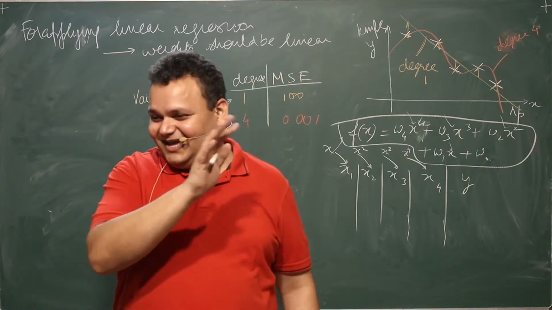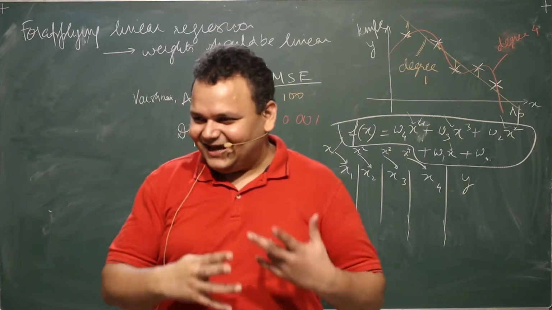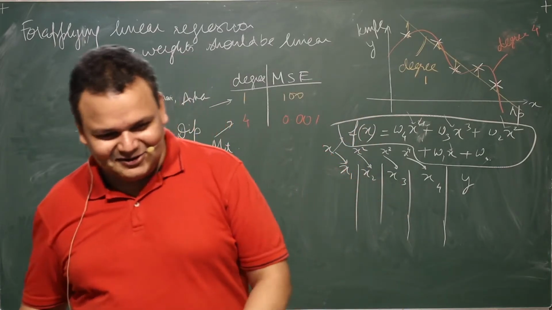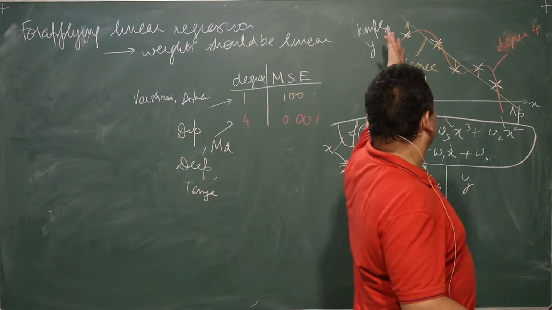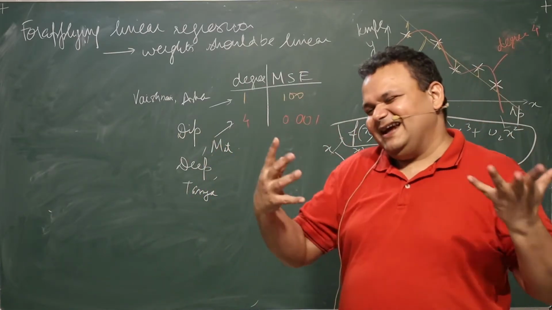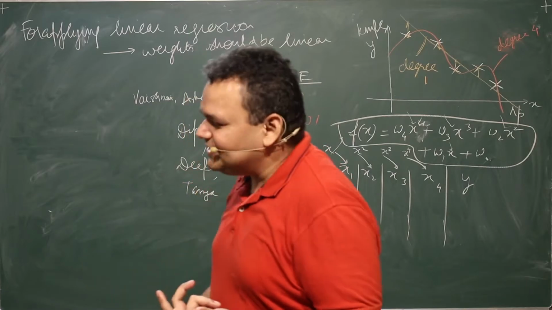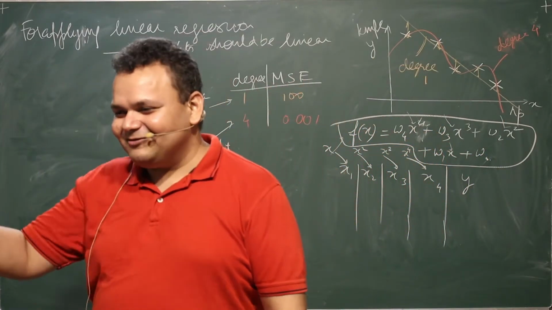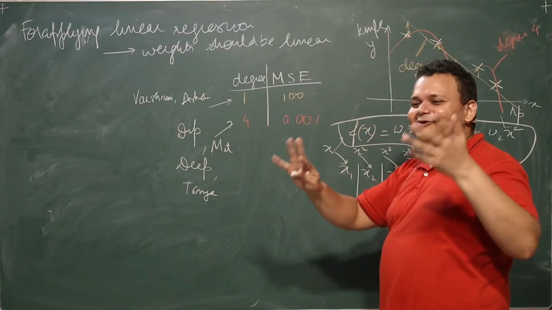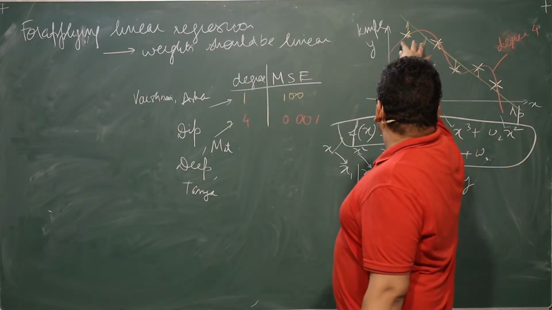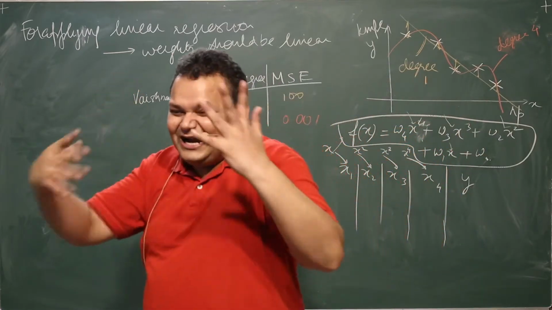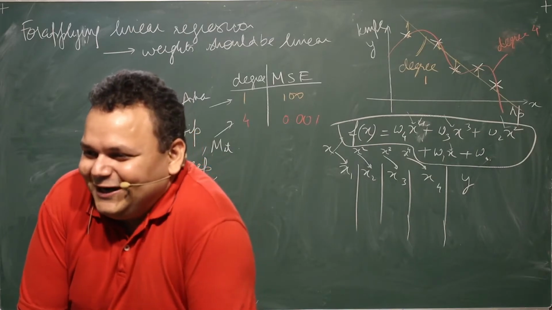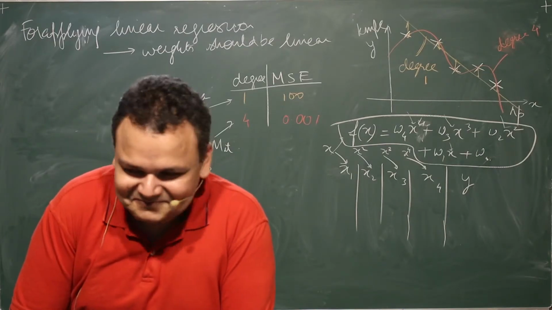No, forget about machine learning. I'm just talking about, let us say, you are doing something in your company, and you get some data like this, and you're trying to find a relation between y and x. Forget about machine learning. I assume that you're not doing a machine learning course. What would you choose? What kind of line would you draw if you were to try to interpret the relation between y and x?